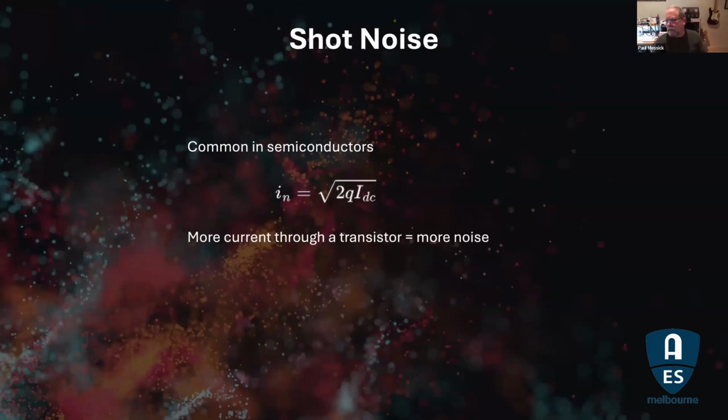So shot noise, which is what gives you noise in semiconductors, we don't really care too much about the maths here, but what is interesting is the noise goes up as the current through the transistor in this semiconductor, in this op amp or transistor, goes up. So the more current, the more noise. But